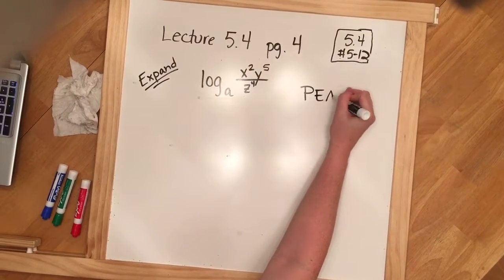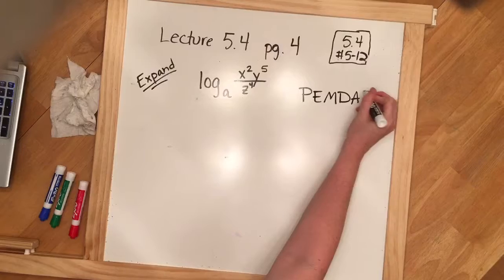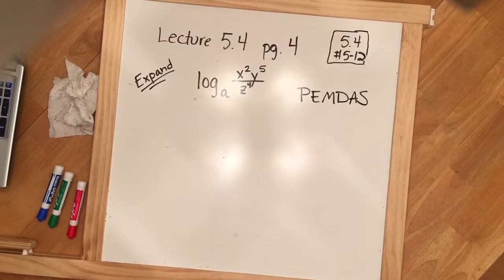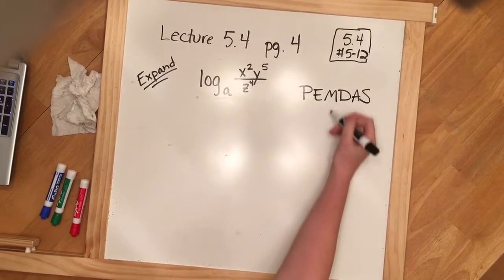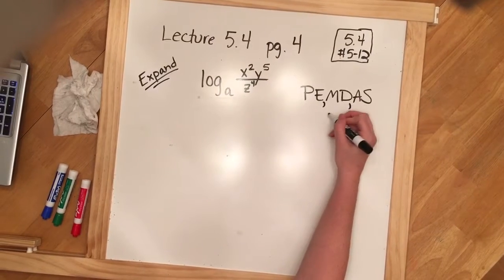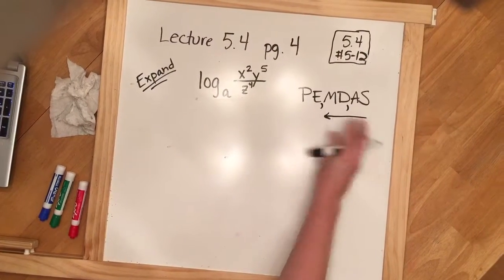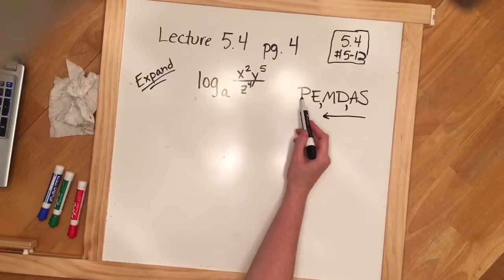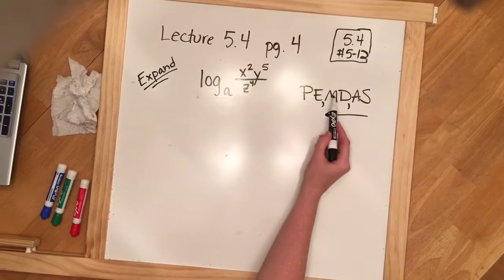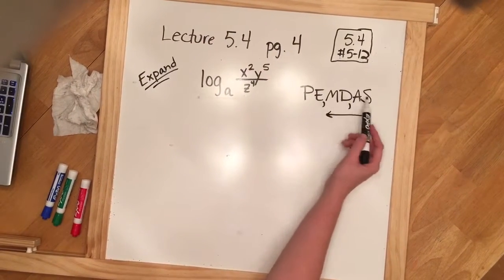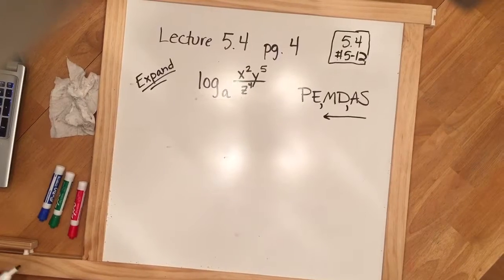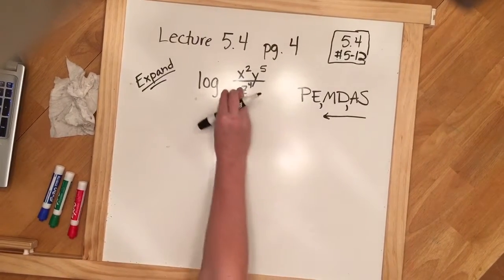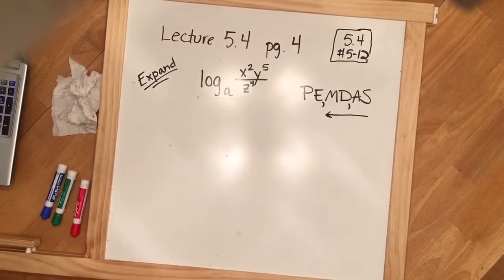We go through our normal order of operations. When we simplify, we go this way. So I like to think of it as going backwards through the order of operations, because we're breaking things up. So this is parentheses, exponents, multiply and divide in order from left to right, and add and subtract in order from left to right. So these are kind of my checkpoints to make sure that we are breaking this up